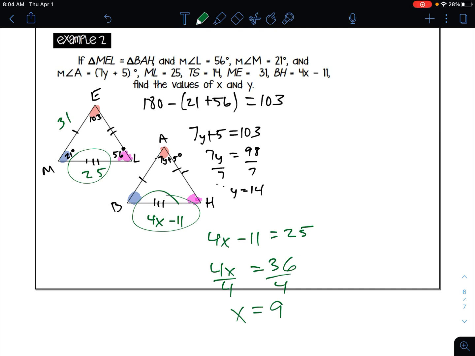Okay, so our goal today is to pick out corresponding parts, to write the congruency statement, and then from the congruency statement, can you pick out the corresponding parts, throw some algebra on top of it at the end, match up the things that go together, and